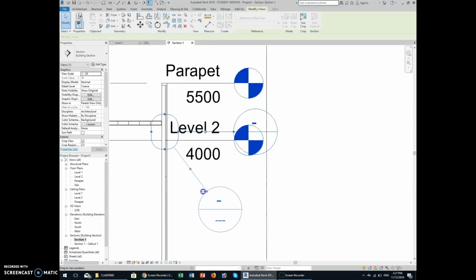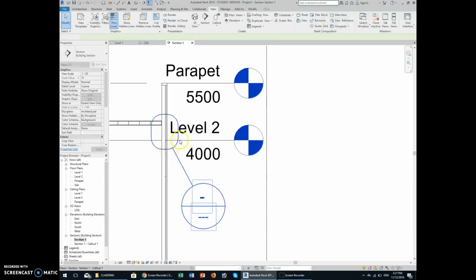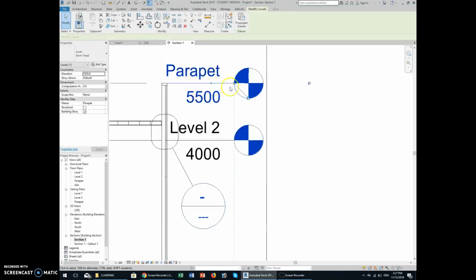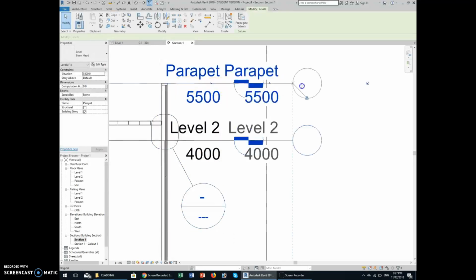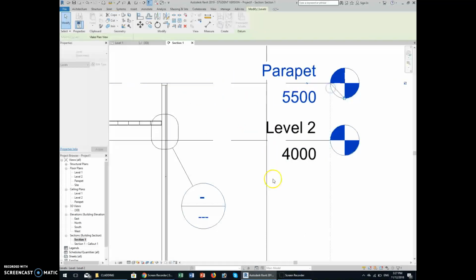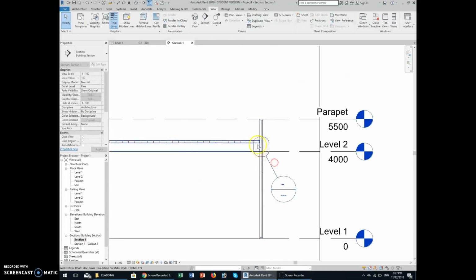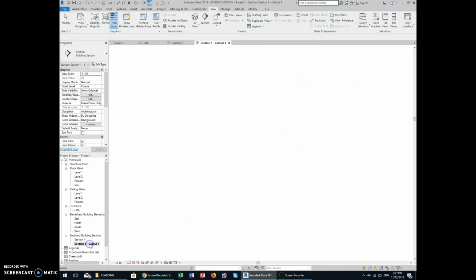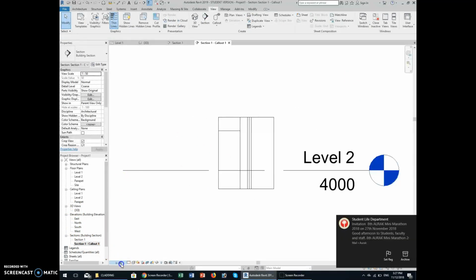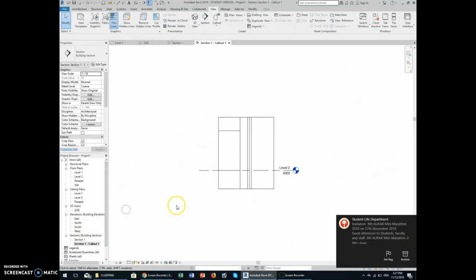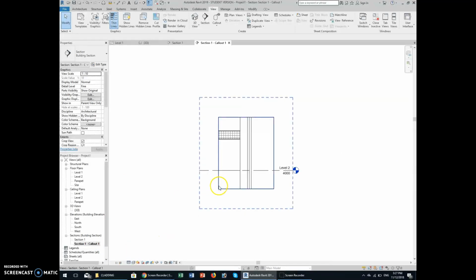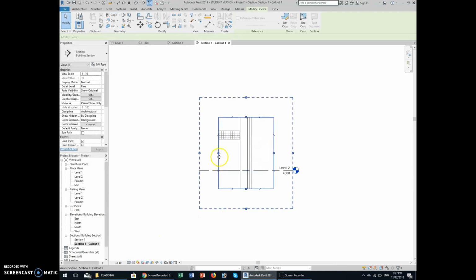So we will place this callout, that is basically the element of the section or any detail, and you will have your callout here. You will say that it is 1 to 5, 1 to 10, and we are going to work here